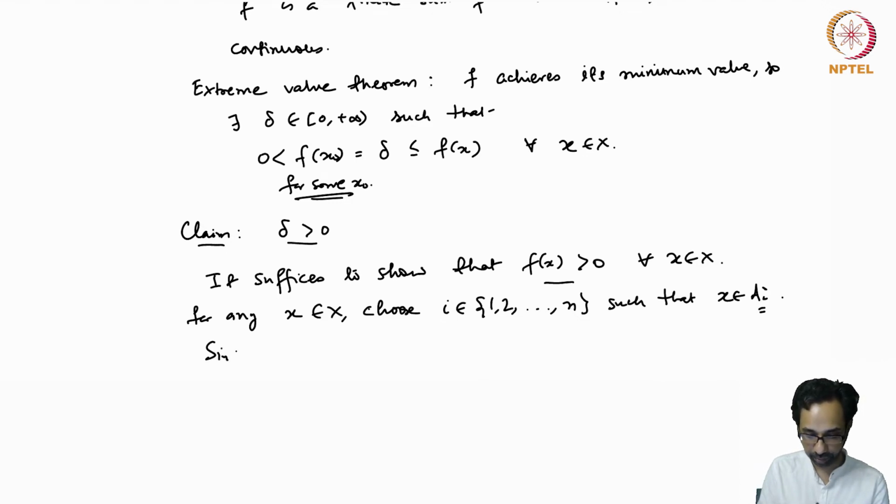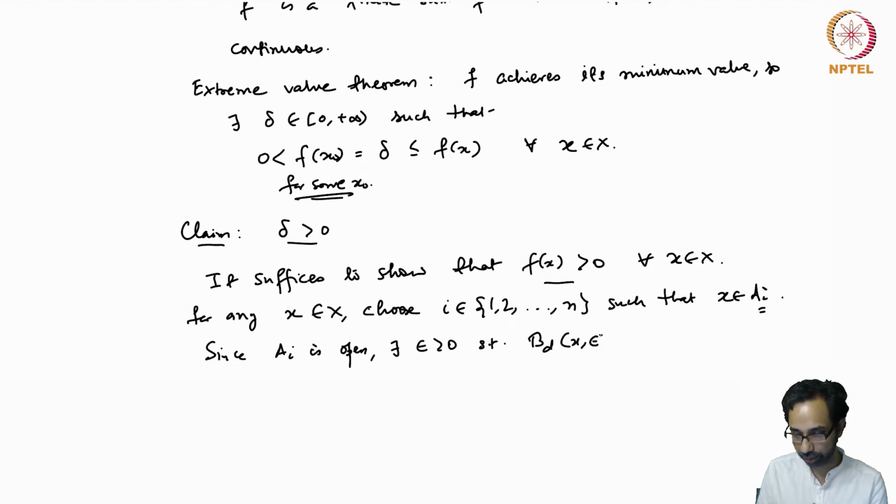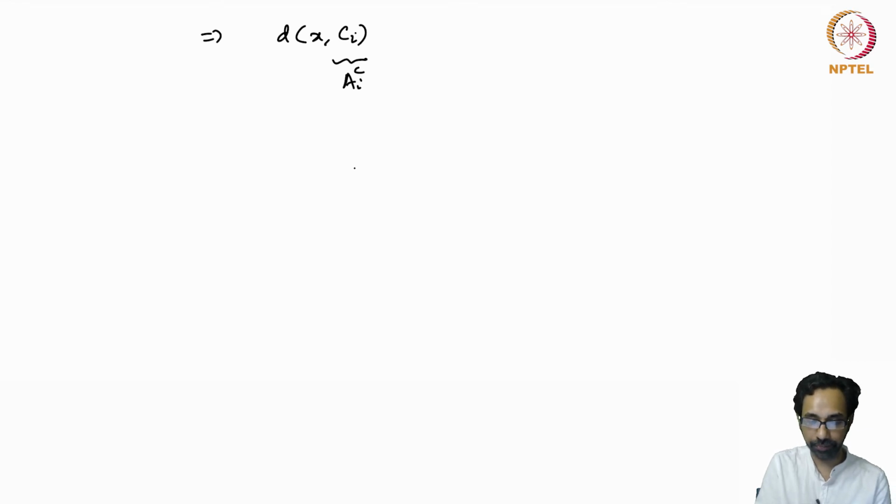Now since ai is open, there exists an epsilon greater than 0 such that the metric ball with center x and radius epsilon lies inside ai, because this is just the basis for the metric topology. And now this means that the distance between x and ci, which was the complement of ai, is greater than or equal to